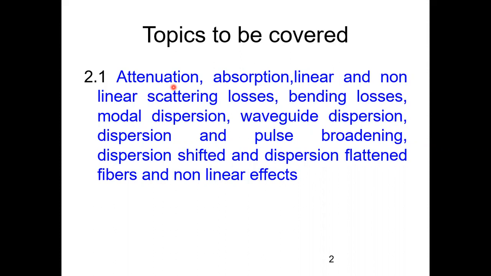The second kind of distortion or loss will change the shape of the output pulse. Usually we have a Gaussian shaped pulse or a rectangular pulse. In digital transmission, we use a rectangular shaped pulse. So at the output I should get a perfect rectangular shape. But what is happening is that the pulse is broadened or dispersed. पल्स dispersion से क्या हो जाएगा? Intersymbol interference हो जाएगा, which you have already studied in DCOM. Then I cannot make out what digital pulse I am transmitting. So all these kinds of losses are there.